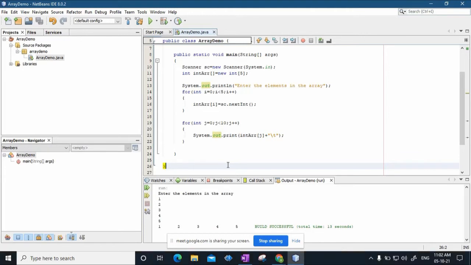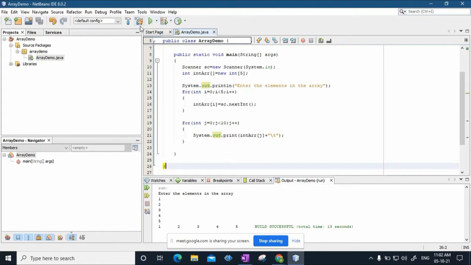Or suppose it finds out that the maximum index should be 4, but the value which we have got right now is say 5, 6, 7, 8 and so on. In such cases, what Java will do is it will create a runtime error. It will show you the runtime error. It will not allow you to access the content of the array. Okay, let's check what happens.